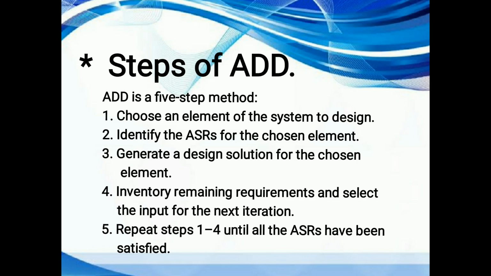In that we have the 5 steps: choose an element of the system to design; identify the ASRs for the chosen element; generate a design solution for the chosen element; inventory remaining requirements and select the input for the next iteration. And fifth, repeat steps 1 to 4 until the ASRs, that is, the architecturally significant